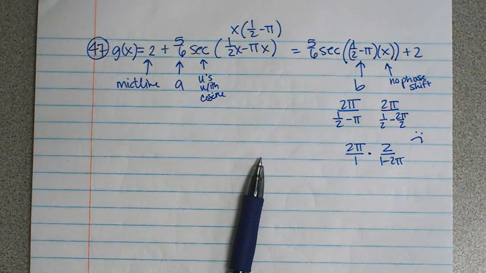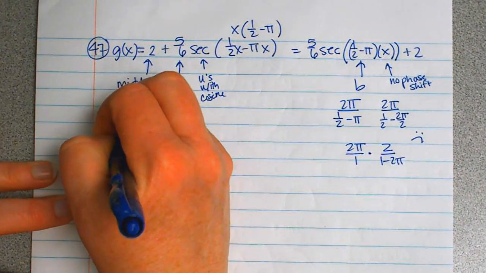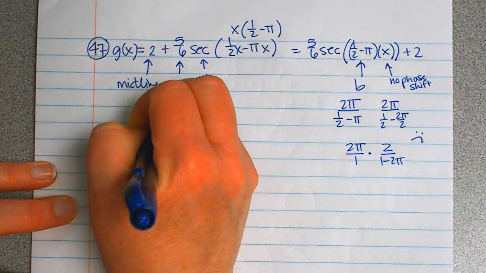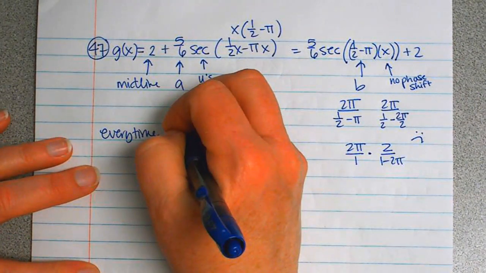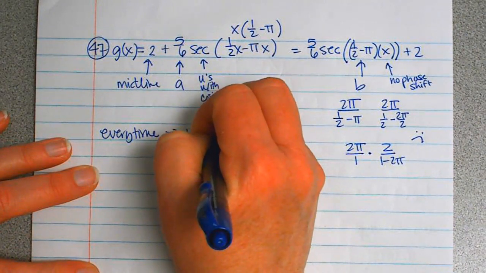So what about the questions where you have to find the period, like 2 pi over b? Do something with that. So what is b? Is b like the 1/2 minus pi? So here's the thing. Every time you have an equation,